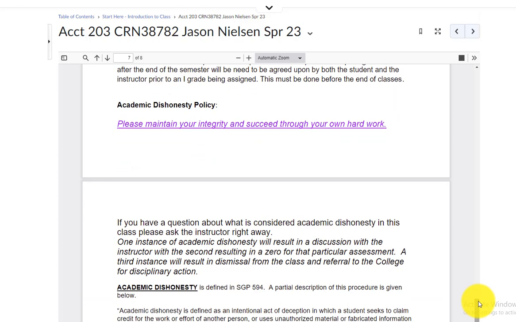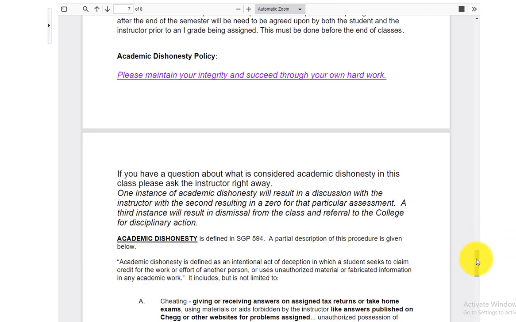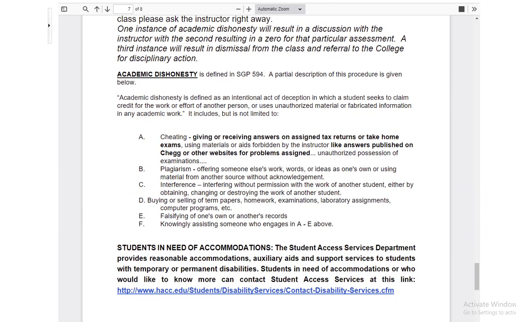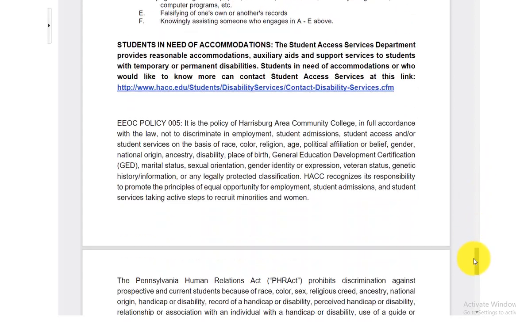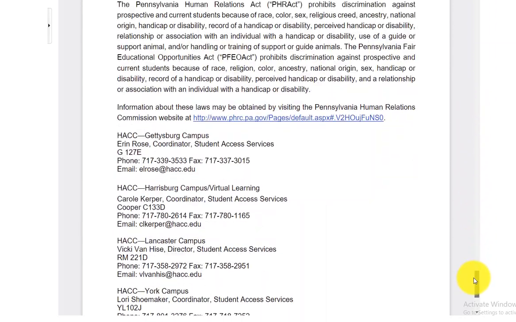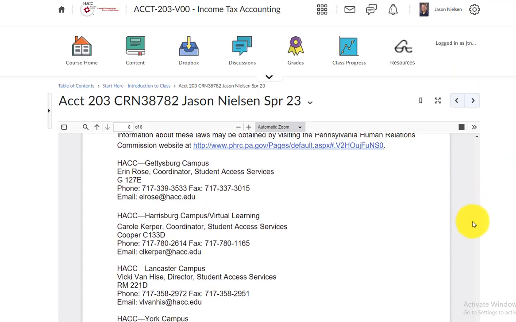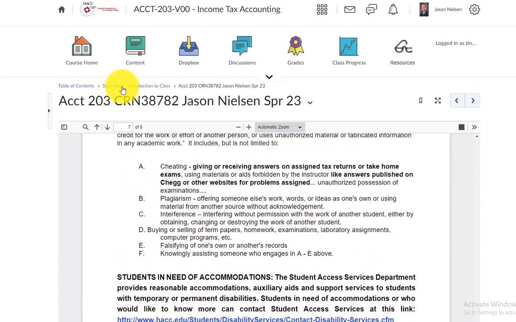or have any problem with dishonesty, if you don't know what constitutes cheating, please do not do someone else's work. Do not share answers on the exams. We want you to learn this material for yourself so that you can be a professional going forward. If you need accommodations, there are links and information about contacts there as well. So you can review all of those and ask for help as needed. So that's how things are graded, how things will work, how things are in the